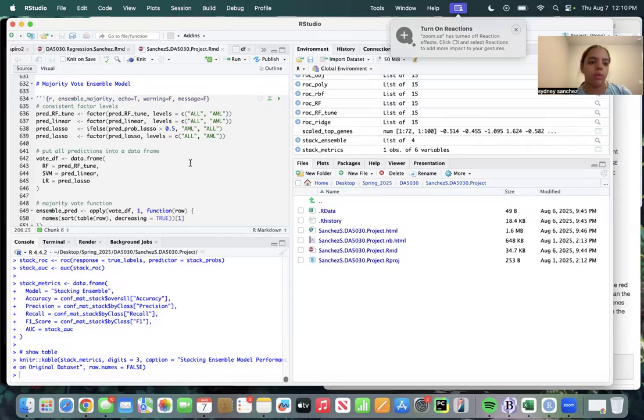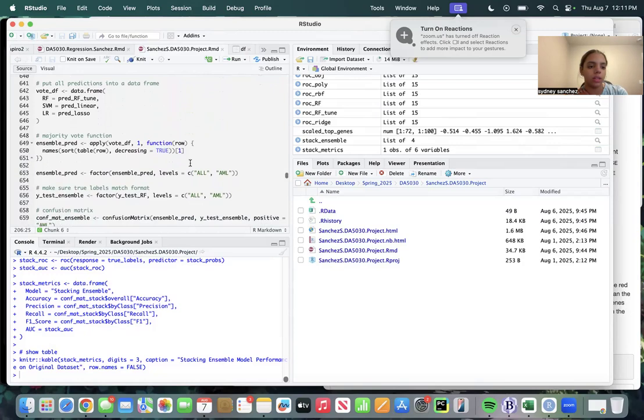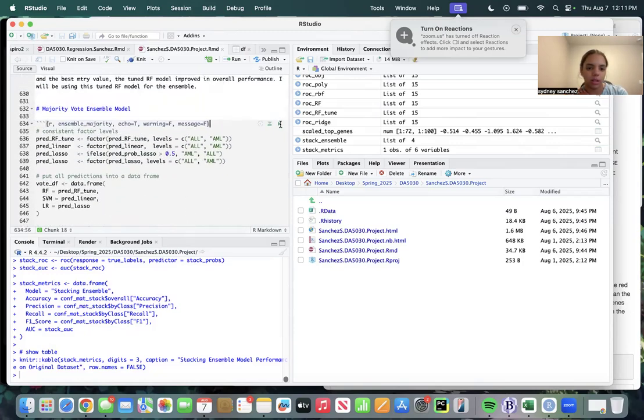So this is where I ran the majority vote ensemble model. And again, as we know, each model votes on which class they want to predict that sample to be, and whichever one has a majority will take on that in the final conclusion. Since there were only three models, I didn't have to deal with a tiebreaker or anything. So it was either 2-1 or 3-0. And I did that, and when I run it, let's see here,